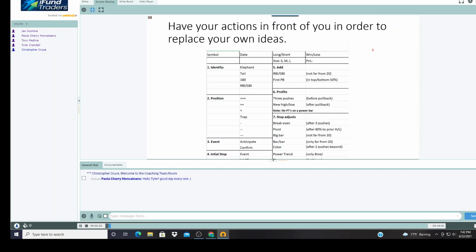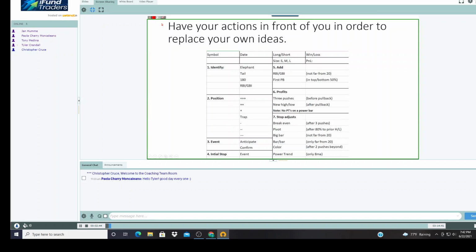I think one of the mistakes made is people don't actually print this. It's not sitting in front of you right now, and it needs to be sitting in front of you so that you can just, with a pen, write in your symbol, right? You have to actually do this. You put in the date. Sorry about my writing. That's the best I can do with a mouse, right? And then what event did you identify, right?